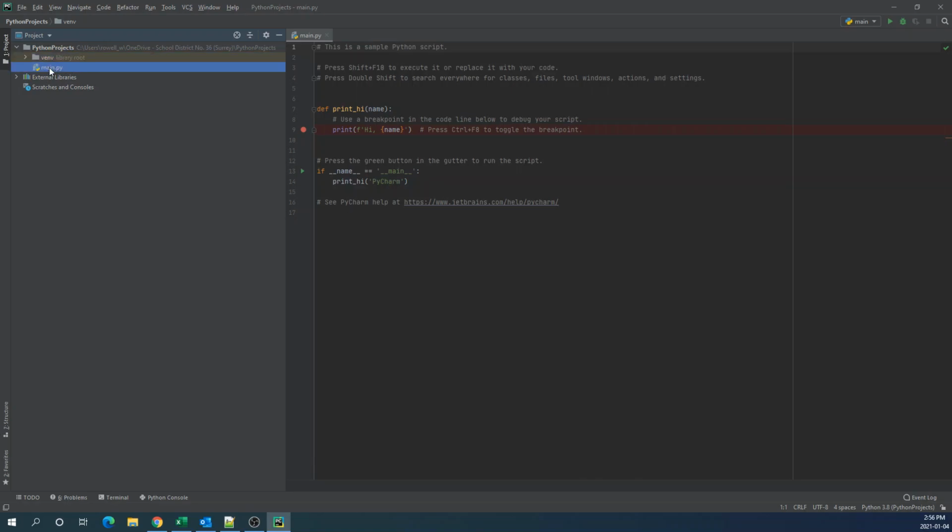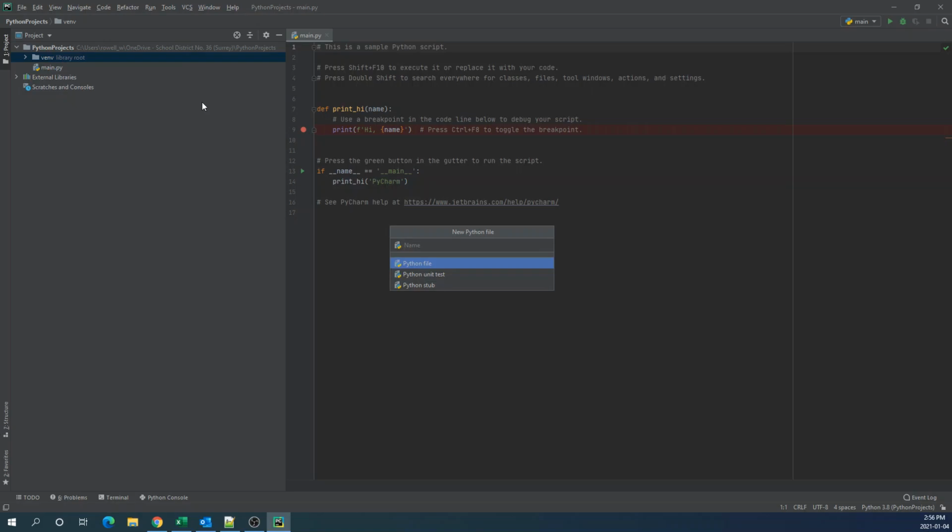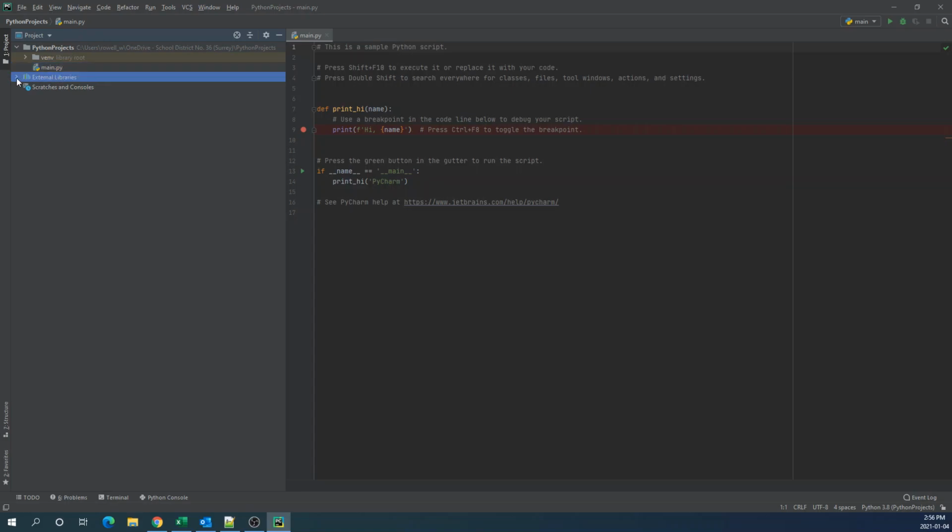However, we do see that our main Python file is stored within this subheading. And if we want to create more Python files, we'll right-click on this venv and add new Python files in here. But for us, we already have a main created. A quick note about what we see down here,